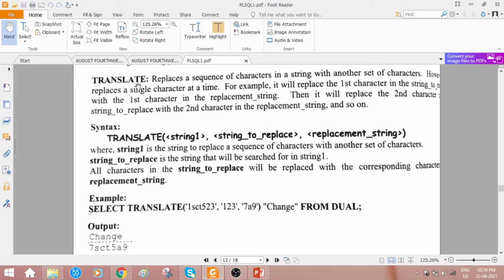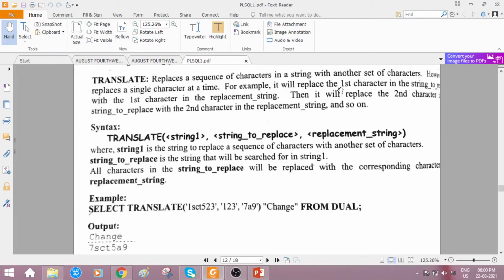It means that if in a given string certain characters are appearing, and you want to replace those characters with some new characters, it can be done with the help of the translate string function. It replaces one by one, at a time. We'll observe examples next.